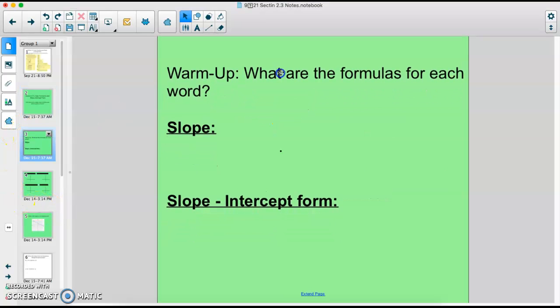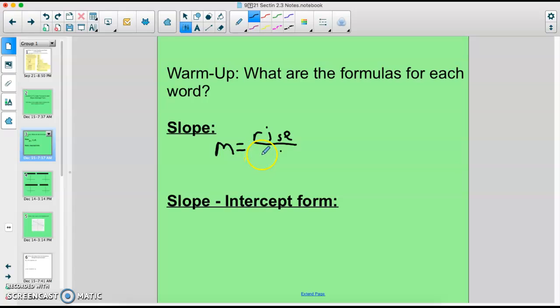What are the formulas, the equations for each word? So slope is represented by the letter m. I have no idea why, but it is. And m is rise over run. The slope is the distance how far up or down something goes, and then divided by how far left and right it goes. Okay, if we have coordinate points, so if one coordinate point, we'll just say x1 comma y1,